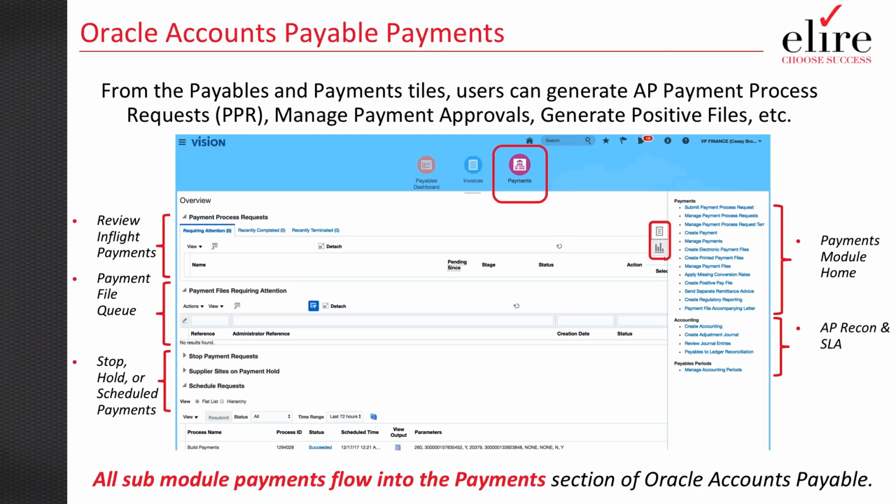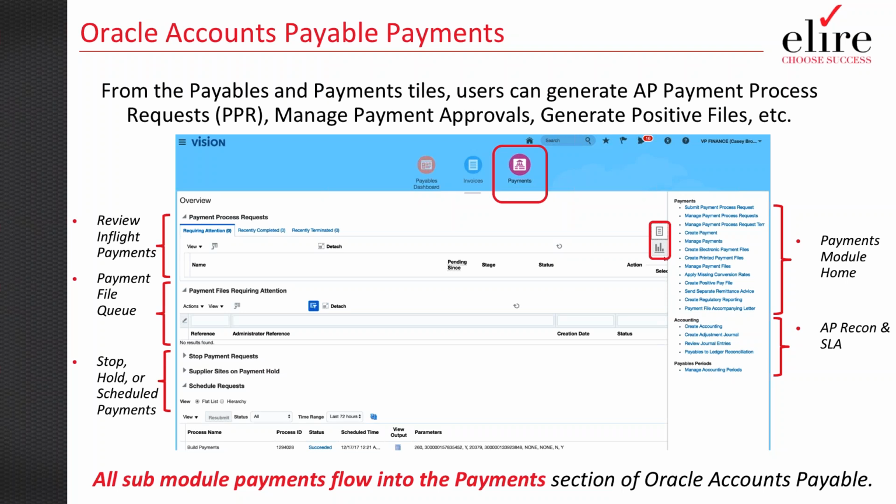When we talk payments, I want to introduce, similar to what we introduced at the beginning of the cash management payment section, where the main home page is and where all of this functionality lies, and the different items that we have available within this hub. If you log into Oracle Cloud, much like we did for the cash management cash balances tab, we navigate over to payables, and within payables we find the payment submodule. Here I have a number of different items, like tasks over on the right hand side, such as submitting and creating payment process requests, which we'll get into in a moment, or maybe I need to create a one-off payables payment, which is just like creating an ad hoc payment in cash management.